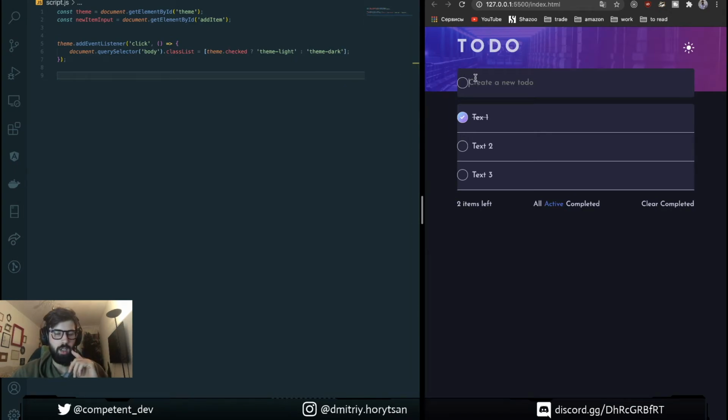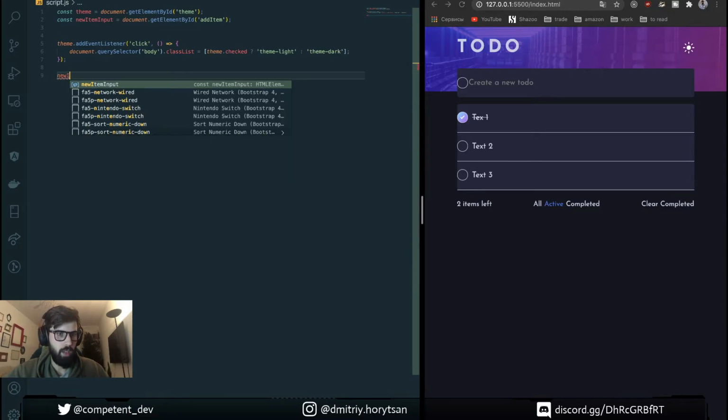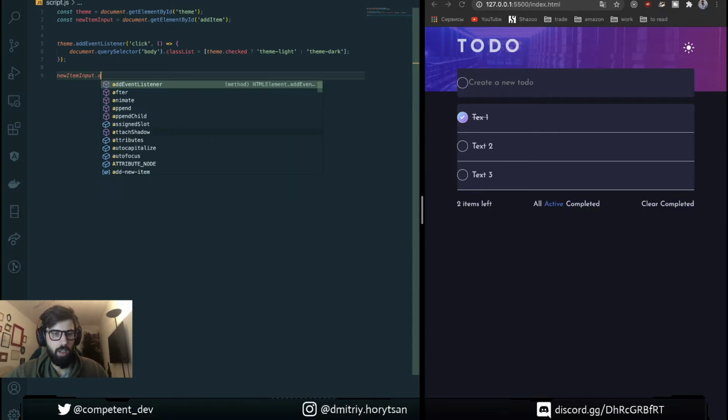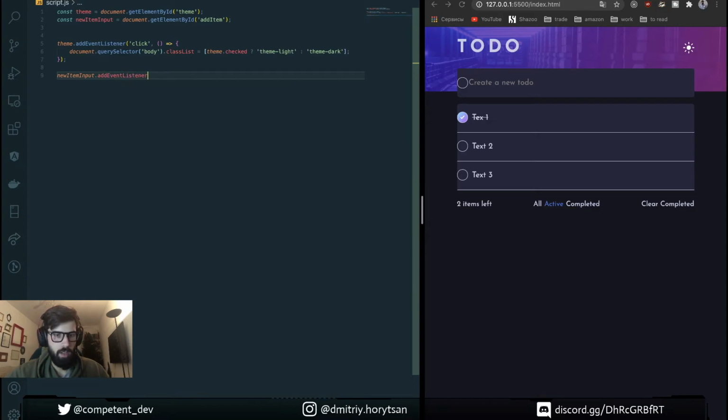Once we press enter here, we need to get the text of new item and append here a new to-do item. So to do this, we need first add event listener on our input to listen the key press event.